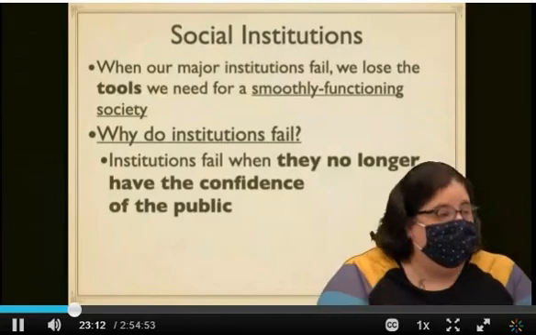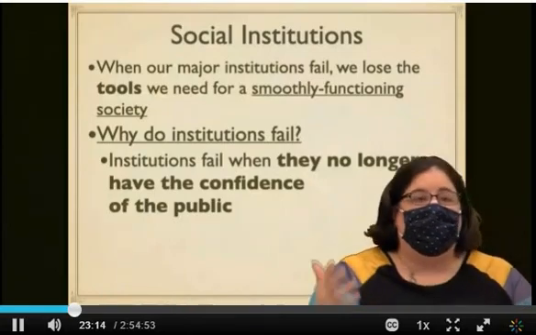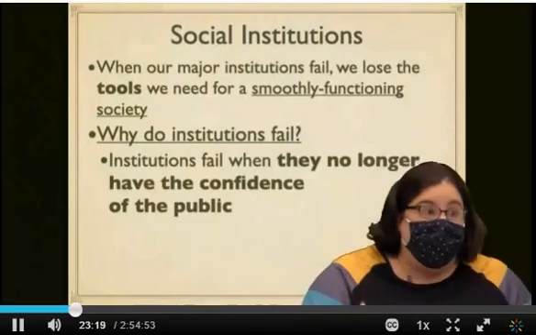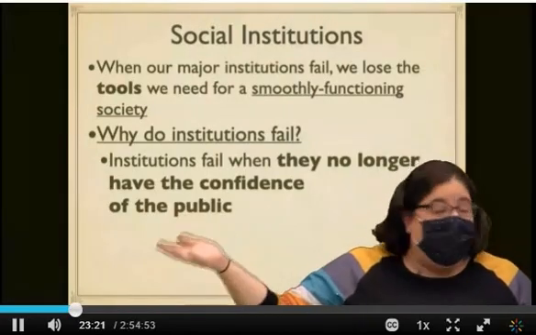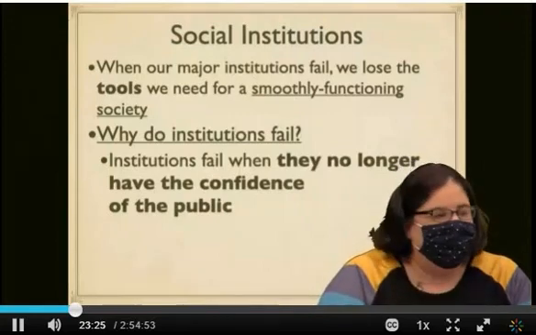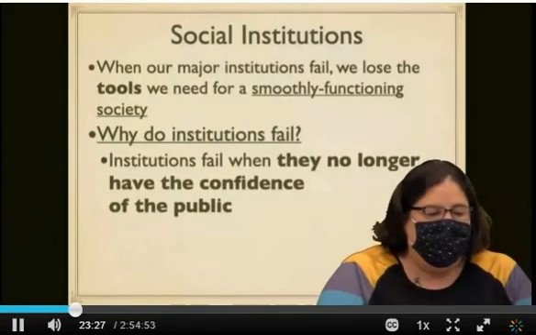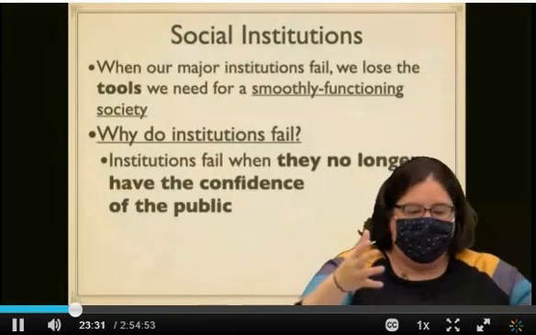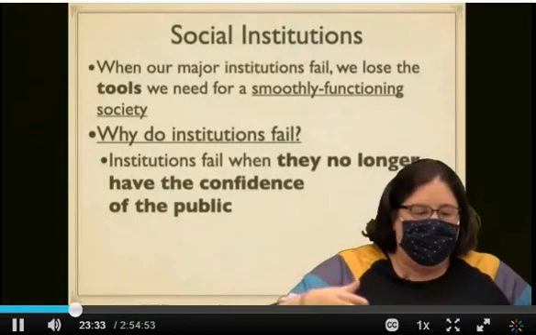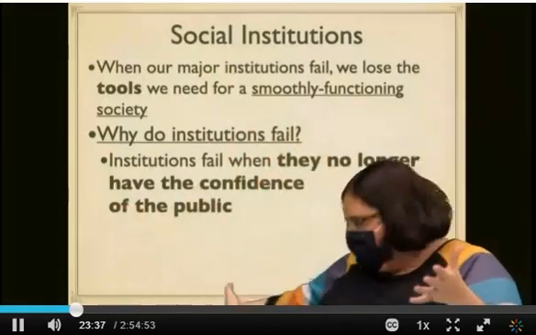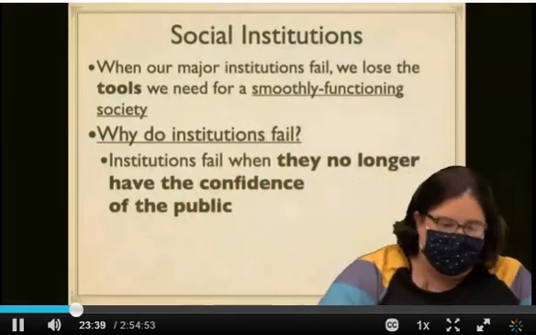Take, for example, the Great Depression, which was largely caused by a stock market crash, which was largely caused by people losing confidence in banking and all having runs on the bank. That is exactly what happened. Humans lost confidence in this financial system. Everybody tried to take their money out. It caused a market crash, which then led to a decade of depression.